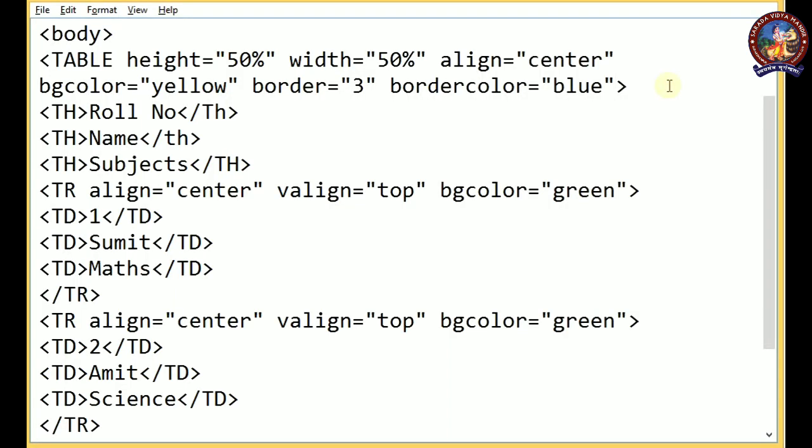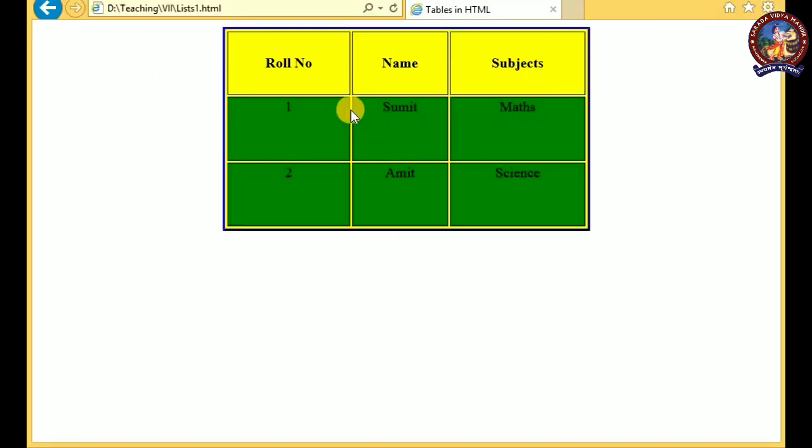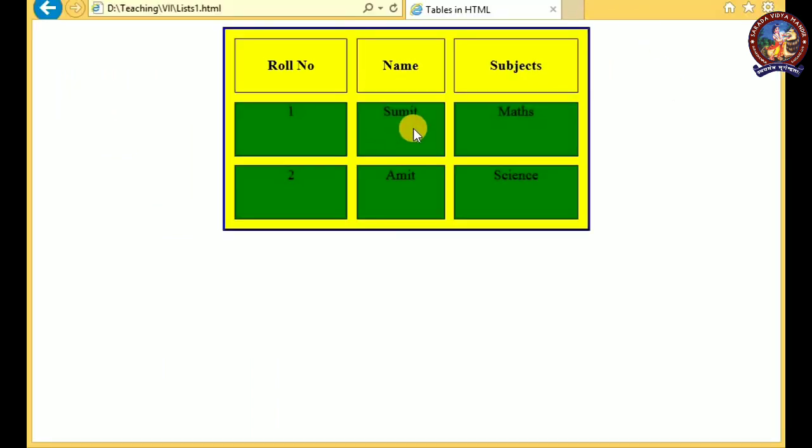So now let's see the use of cell spacing and cell padding in the table tag. Remember these two are used in the table tag, and cell spacing and cell padding are used to provide the necessary space between the cells and from the border to the cell content. So cell spacing equals to, I am giving the value suppose 10. Save. Now you remember the gap between the two cells. Now let's see the changes. After a refresh you can see that the gap between two cells has increased.